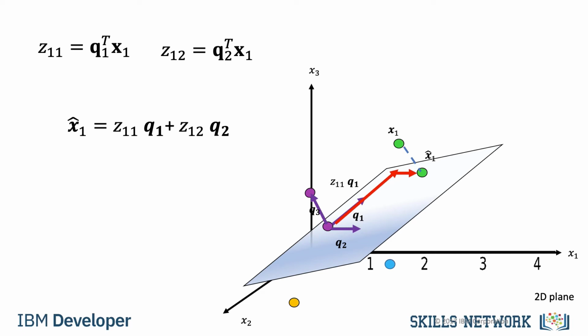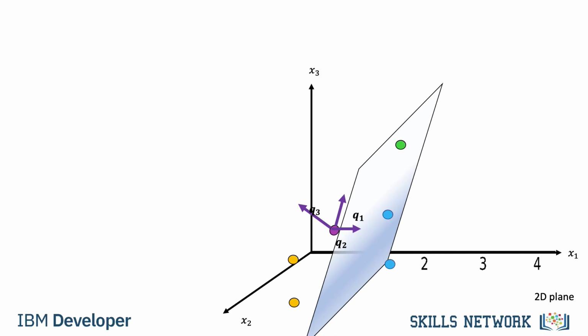This would be the output of your autoencoder. We would like to determine q1 and q2 that minimize the difference between x1 and x1 hat. For just the point x1, the plane would look like this. Let's see how to determine the expression for the plane for each point using matrices and determine the best basis